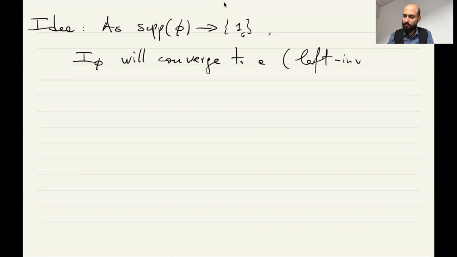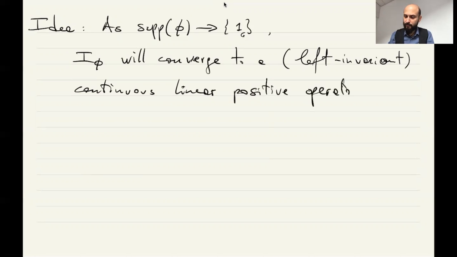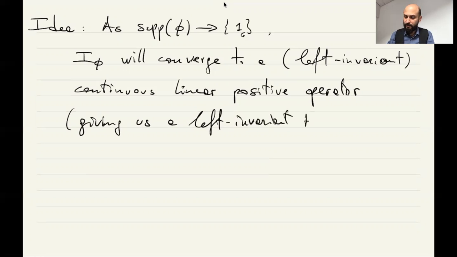This is clear because it's just going to be a limit of left invariant operators, but it will be a continuous, linear, positive operator, and giving us a left invariant Haar measure